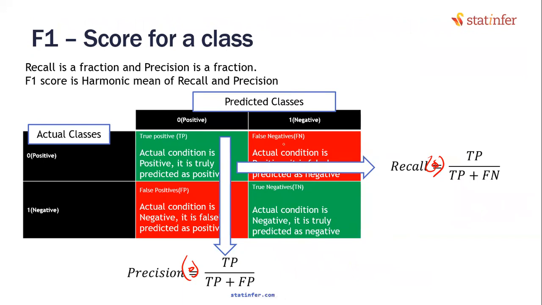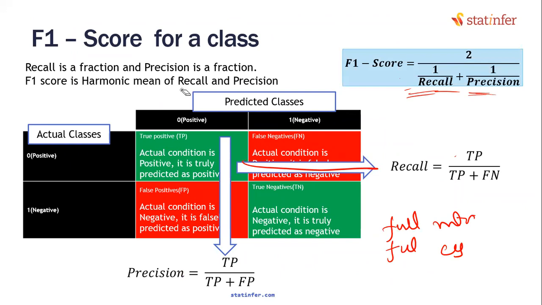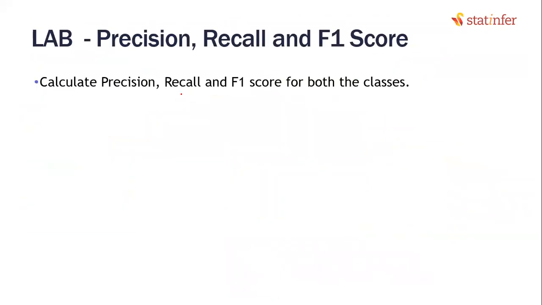At the end of the day, what really matters is: have I predicted 0 as 0? Have I predicted 1 as 1? That's what matters. So as of now, we will stop the discussion with these measures, recall, precision and F1 score. Go ahead and calculate the recall, precision and F1 score for both the classes. When it comes to recall and precision, it is class wise that we are going to calculate. So give me the recall, precision and F1 score for class 0 and class 1.